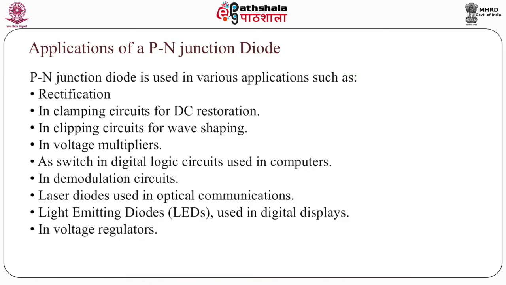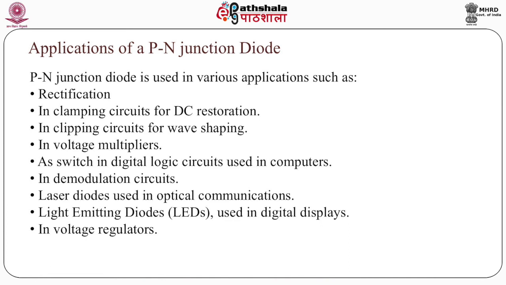Now, coming to the main application of a p-n junction diode, it can basically be used as a rectifier. What is rectification? You know that there are two types of current, alternating current and DC, the direct current. AC current flows in both directions, but for some applications we require a DC power supply. To get DC supply you could use a battery, which is not economical. So we need a way to convert AC power to DC power. This conversion of an AC voltage to a DC voltage is called rectification.